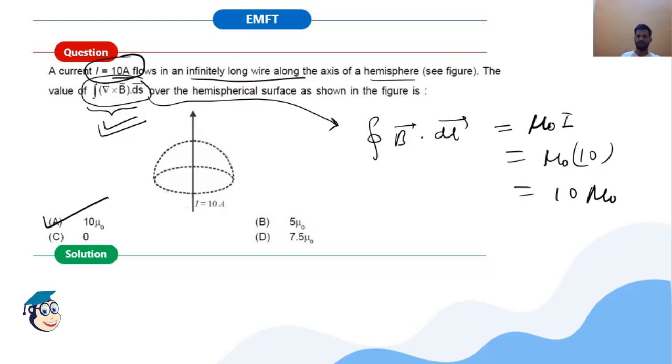So it was also a very easy question. You just have to know that the surface integral of the curl of a vector is equal to the line integral of that vector. This is the statement of the curl theorem, and we also call it, I think, Stokes theorem. So using the statement of Stokes theorem, you can easily calculate that option A is your correct answer. It is just a one-line problem.